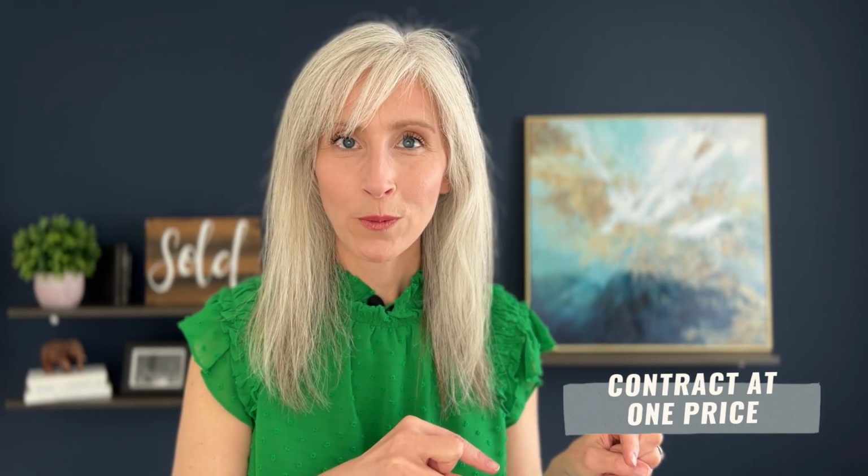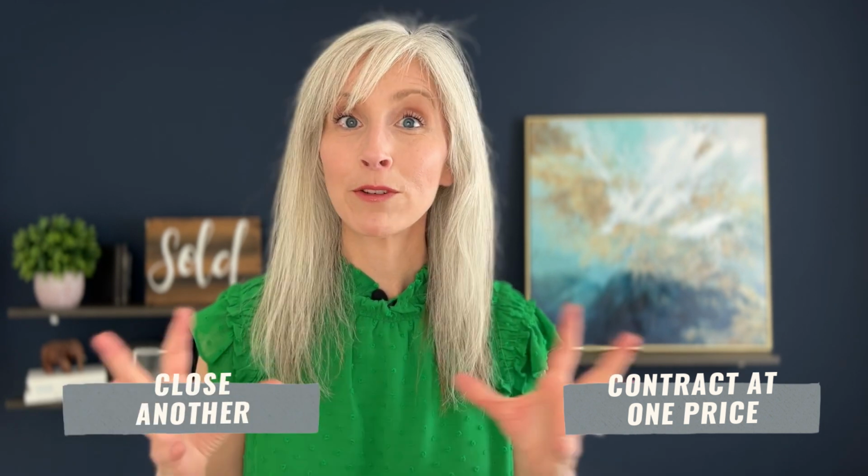So you could contract at one price and close at another if you agree to it by not reading your contract carefully and either getting them to exclude that clause or moving on to a different builder. Before we move off from this topic about it being the builder's house and not yours and tied into the contract,